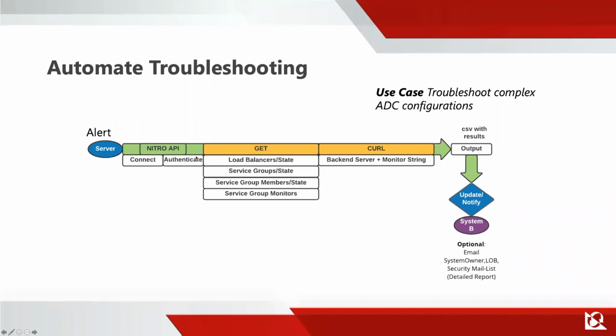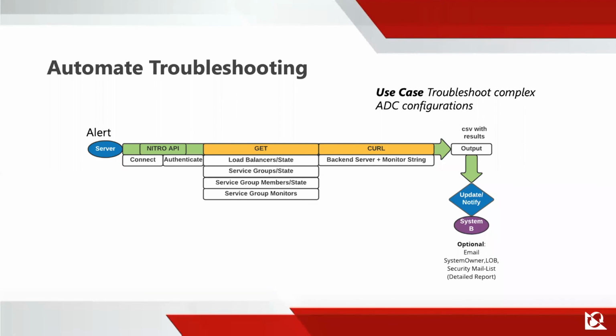The script itself is going to kick off. It's going to connect and authenticate. It's going to get the load balancer state, the service group state, the service group member state, and then any custom monitors that are going to be on there, any custom URLs. And then once all of that is complete, we are going to curl to the backend server with the monitor string, if there's a custom one,